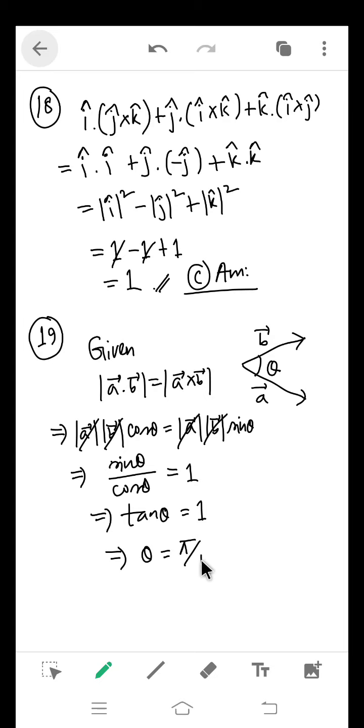Obviously pi by 4, so that is your answer for question number 19, so B is the correct option।